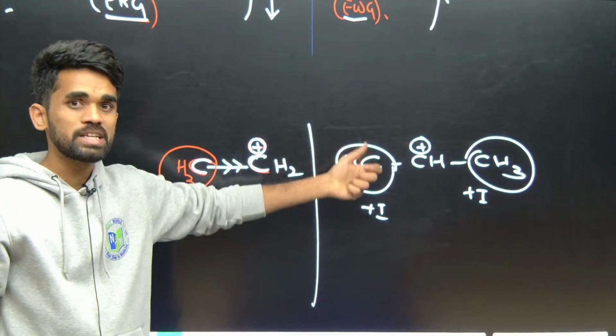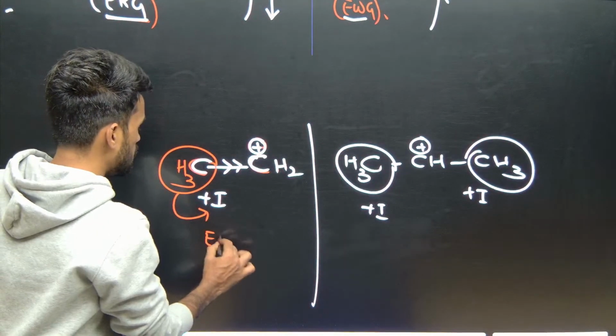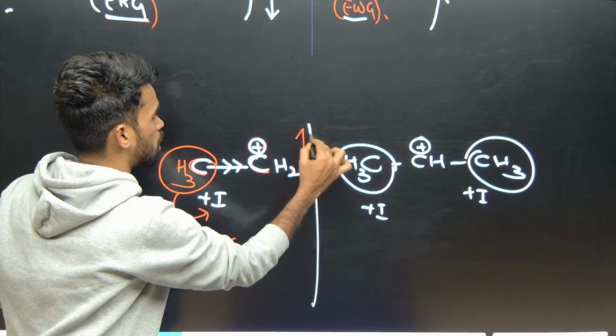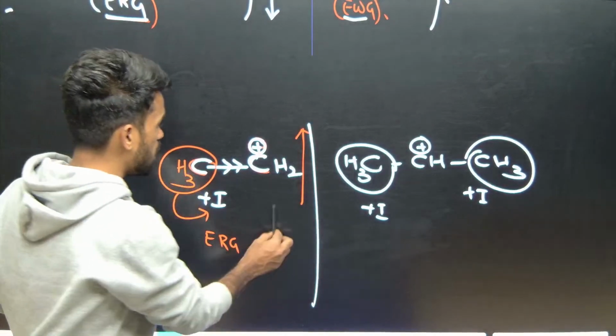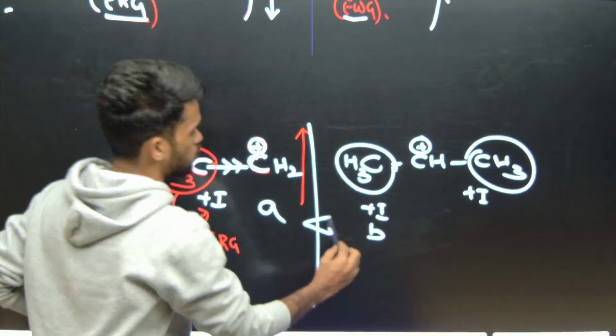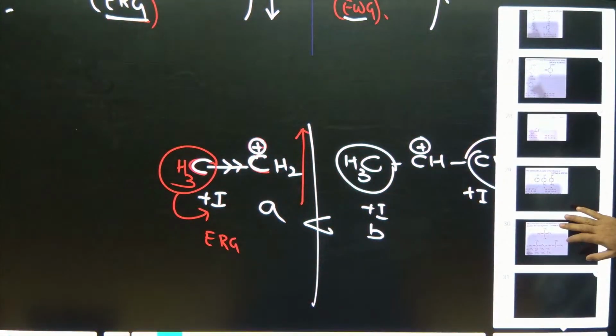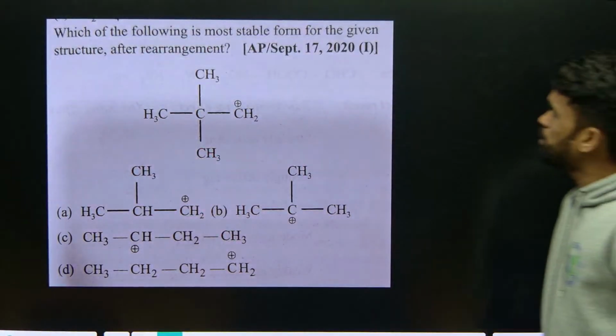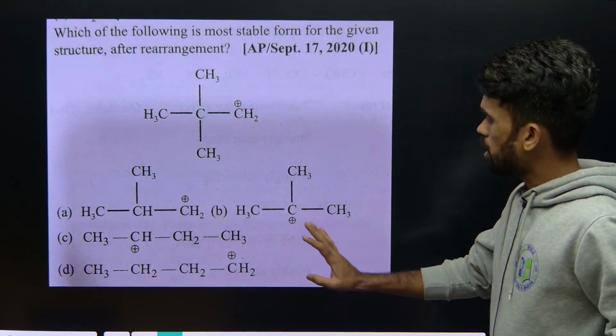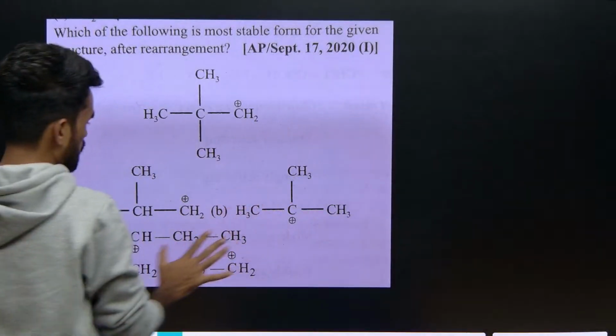More the number of plus I groups, more the number of electron releasing groups, more is the stability of that carbocation, right? Now, out of this A, B, which is more stable? B is more stable. Clear now? So now based on this, you can directly solve this question. Just tell me what will be the stability order of these four options,